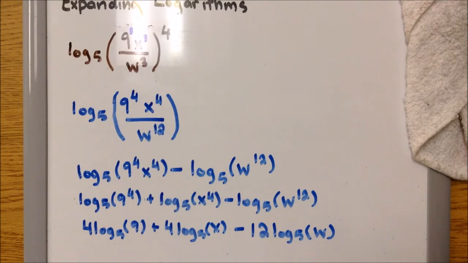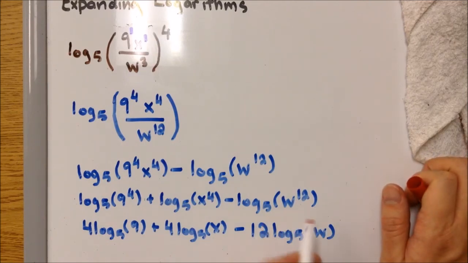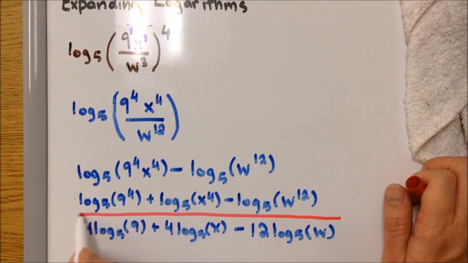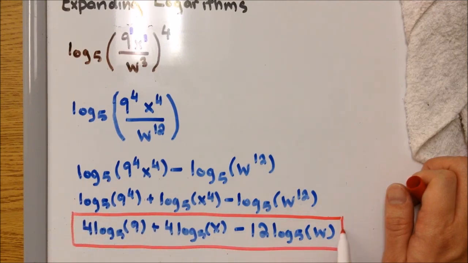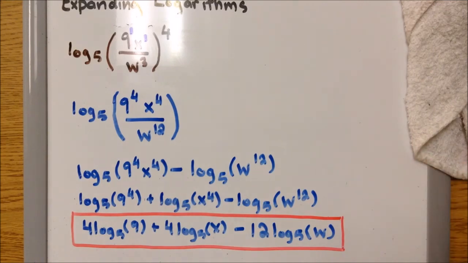So I finished with the exponents, the power property, and of course there's nothing else I can split. So these three is our answer. So it's 4 log base 5 of 9 plus 4 log base 5 of x minus 12 log base 5